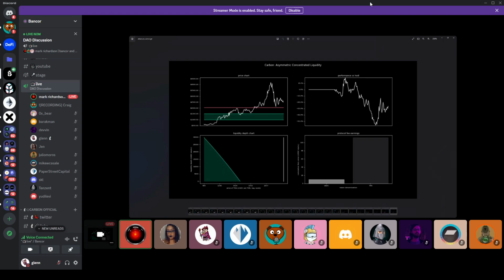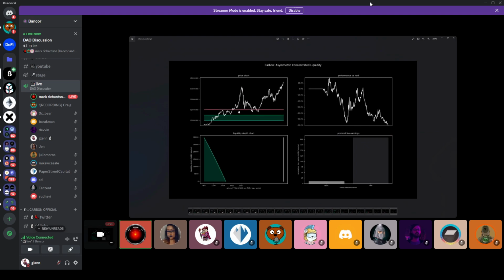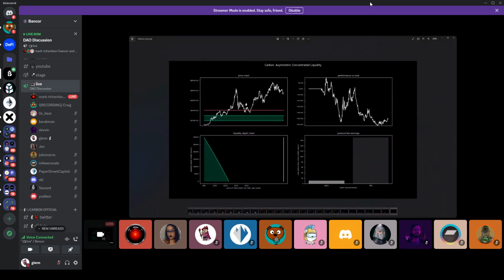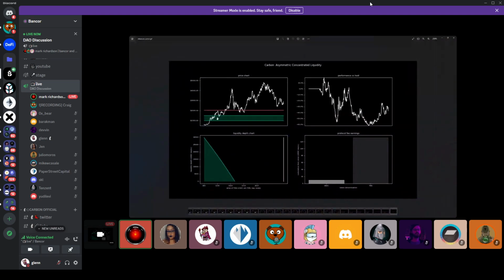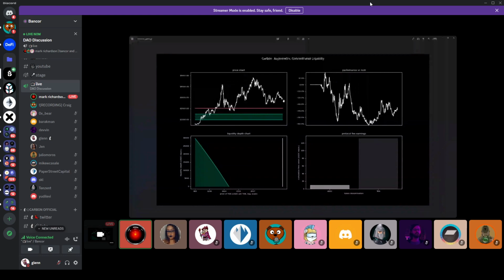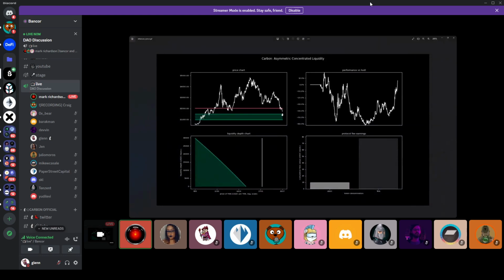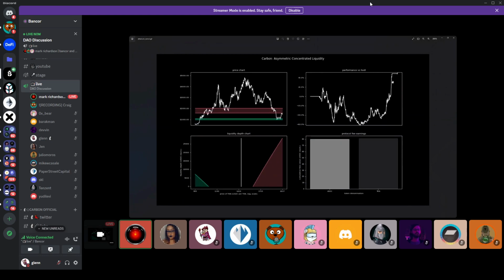Now, Carbon has the same folly as other concentrated liquidity protocols. Of course, you would have done better holding ETH rather than selling it. But as 0x has already pointed out, a lot of people would have missed this top, right? And so selling it back here at like 2K is not necessarily obscene. So yeah, maybe you're crying here, and on Carbon you still would have been at a minus 60% had you sold everything here. But then you'll see as this comes back down, because it waits to buy back here, we've ended up at about a plus 45%,